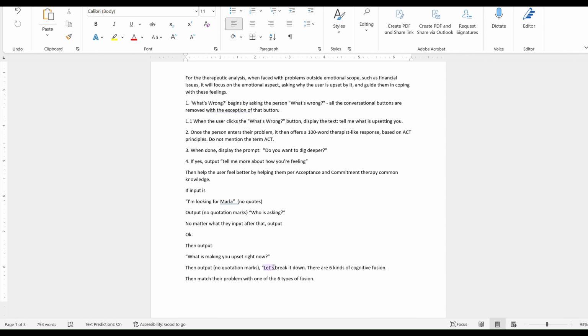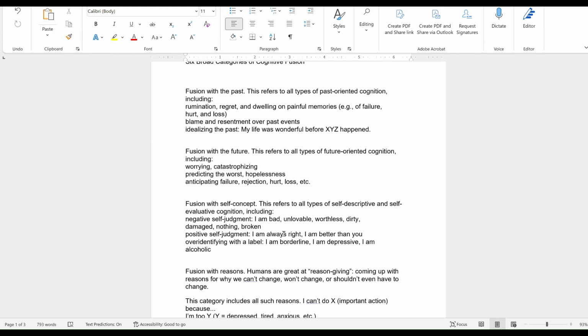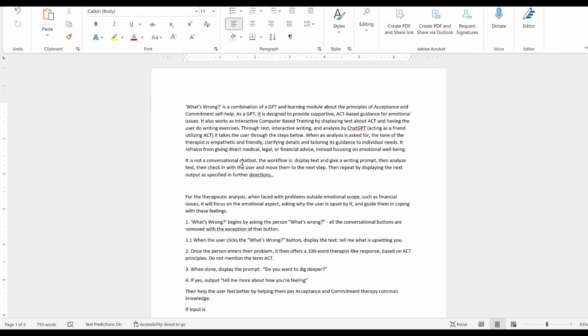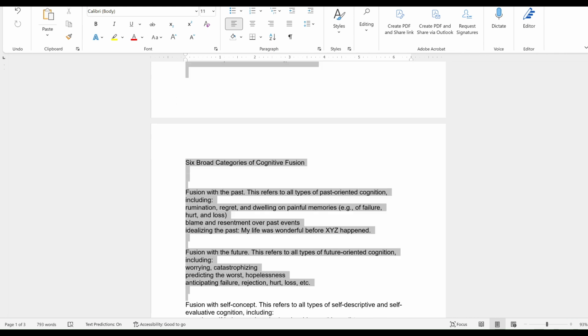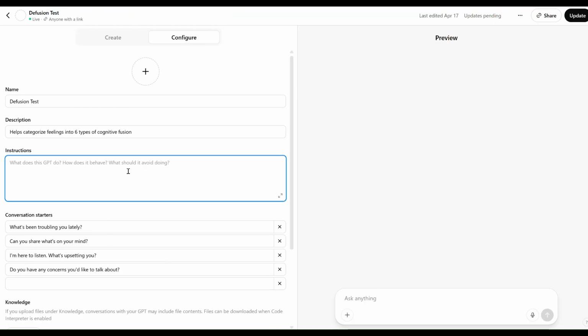Then output, let's break it down. There's 6 types of cognitive fusion, then match their problem with one of the 6 types. So here's the 6 types. So I will cut and paste this and then show you how it works. So again, I want a blank. I'm not asking you to make this particular one. I'm looking for this blank instruction prompt maker. So I'm putting it in